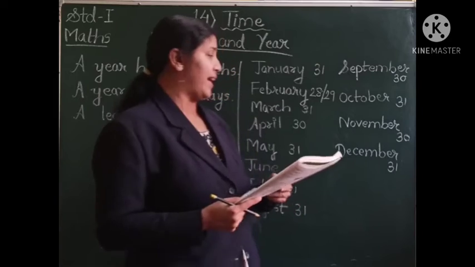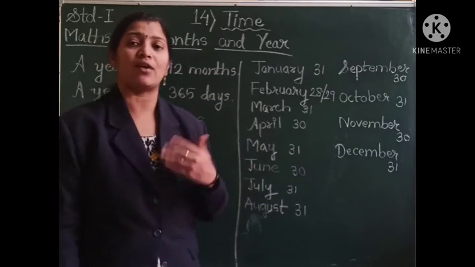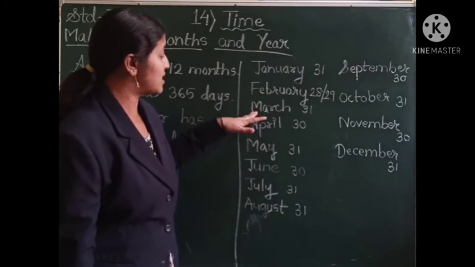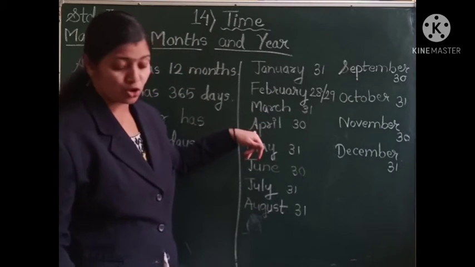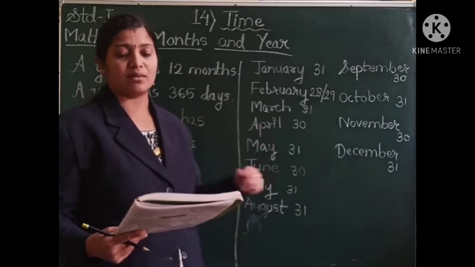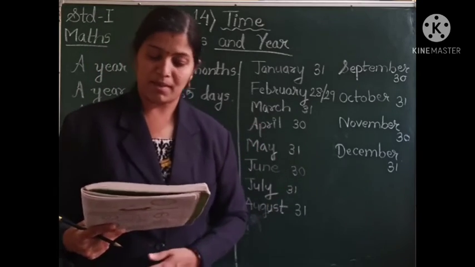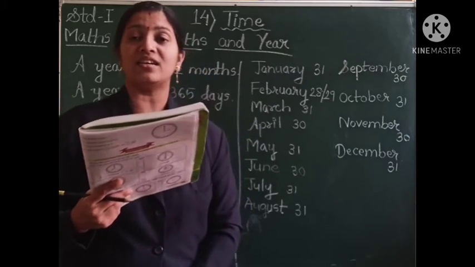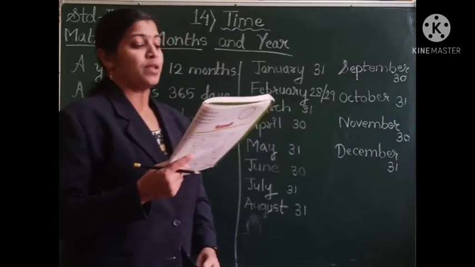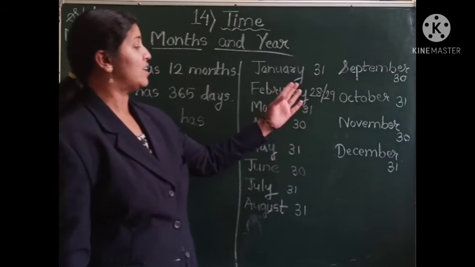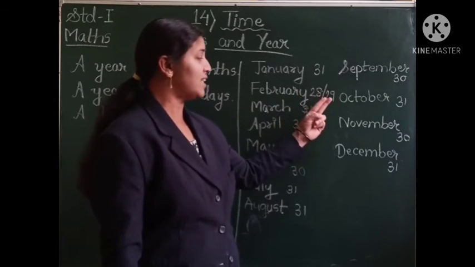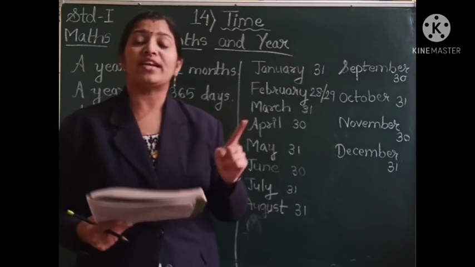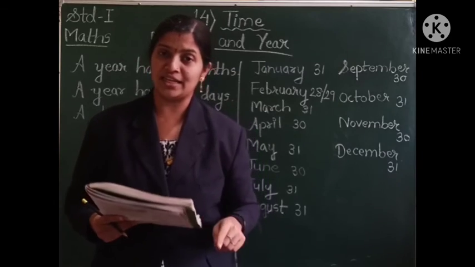The next is 8th question, dash comes just after March. So let us see which month comes after March. Here you can see after March we have the month of April. So April comes just after the month of March. The 9th question is, February has dash days in a leap year. February month, as I have told you, in a general year has 28 days and in the leap year it is having 29 days. So February has 29 days in a leap year.